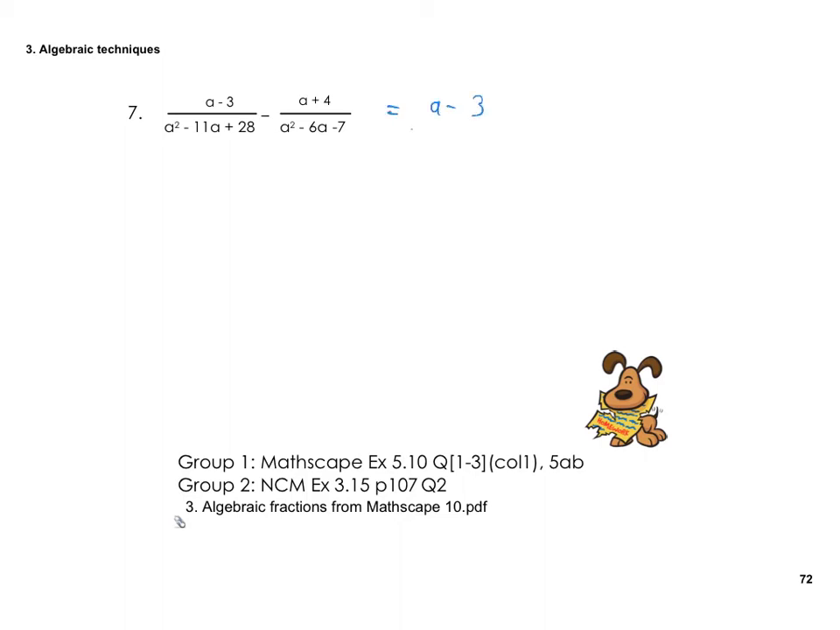a minus 3 over a squared minus 11a plus 28. I believe that would be (a minus 4)(a minus 7). We can check that. Minus 4 times minus 7 is 28. Minus 4 plus minus 7 is minus 11. Okay, and then minus